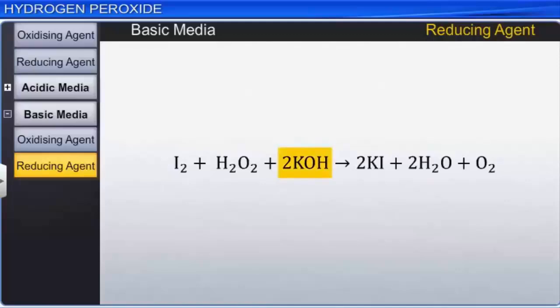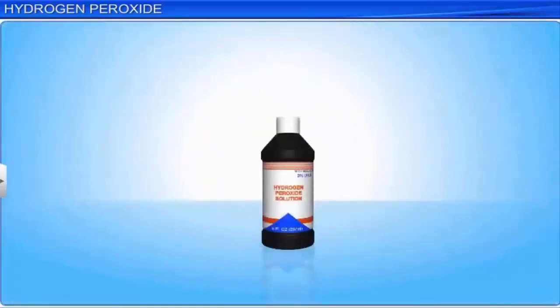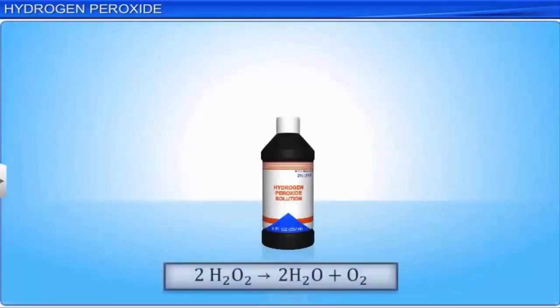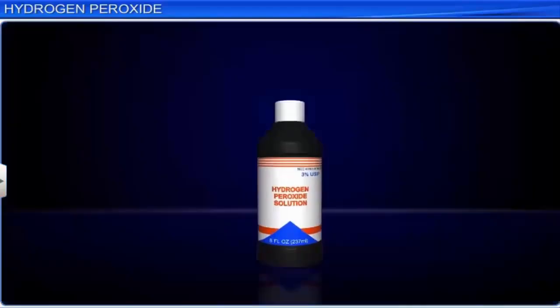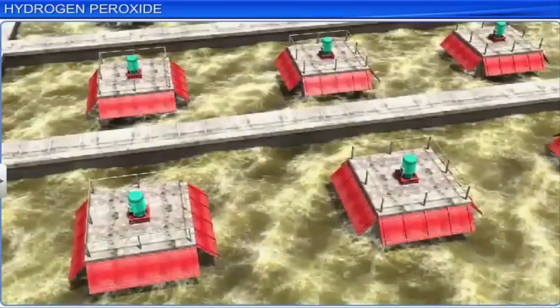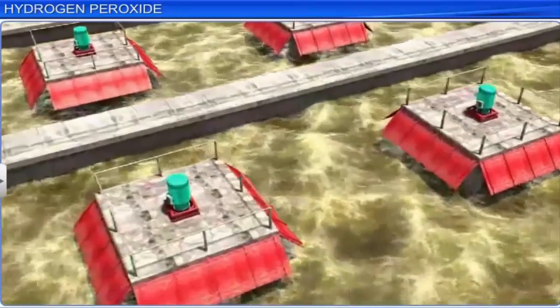On exposure to light, hydrogen peroxide undergoes slow decomposition to form water and oxygen. Metals and traces of alkaline compounds hasten this reaction. And this is why hydrogen peroxide is always stored in plastic bottles and kept in the dark. In recent years, the demand for hydrogen peroxide has increased as it has found widespread use in pollution control treatment of domestic and commercial effluents.